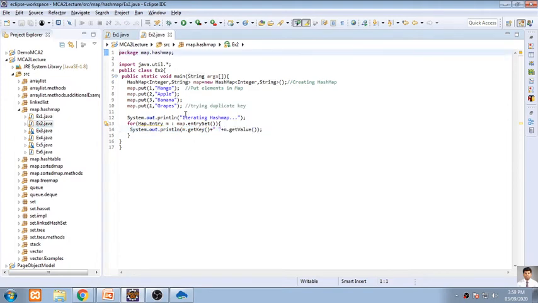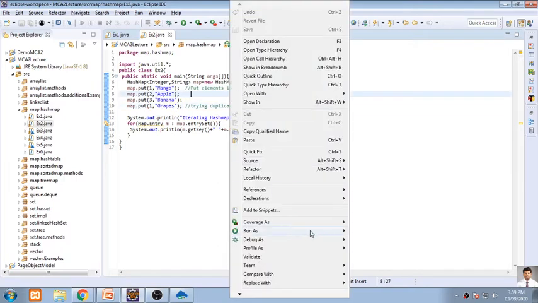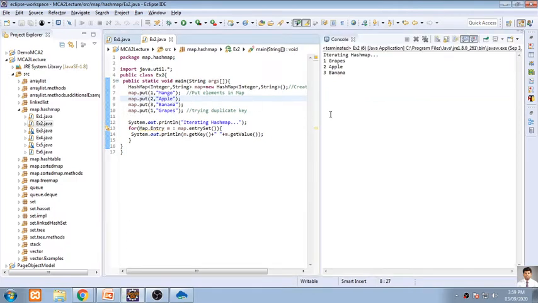Again, it's the same program. Here, what I will be doing is replacing, not using the exact function called replace, but I am overriding the same key. What is grapes? So previously we had mango with key 1, 2 with apple and 3 with banana. Now I am replacing, overriding it with the same duplicate key. Now whenever I am using the same key, automatically the first value will be replaced with the next, that is the recent value. So whenever I execute this program, the same program, only one thing I have changed.